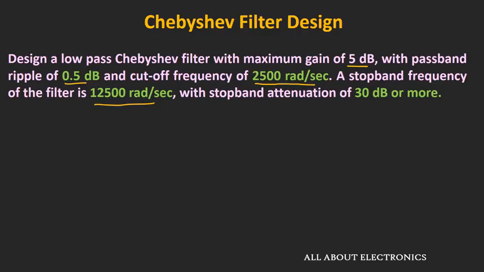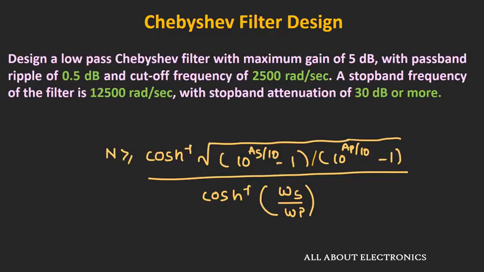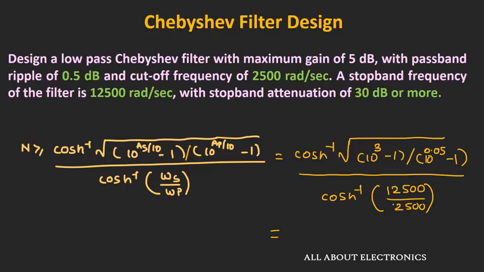design. Now from these 4 parameters, first of all, we should decide what should be the order of the filter for our design, and that can be decided by this expression, where AS represents the stop band attenuation, AP represents the passband ripple, omega S is the stop band cutoff frequency, and omega P is the passband cutoff frequency. So we have all these 4 parameters. Let us put all these 4 parameters inside this equation and find the order of the filter for this design. If we put all these values and solve the equation, then we will get the value of n as